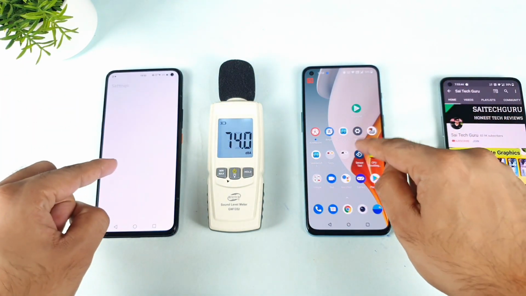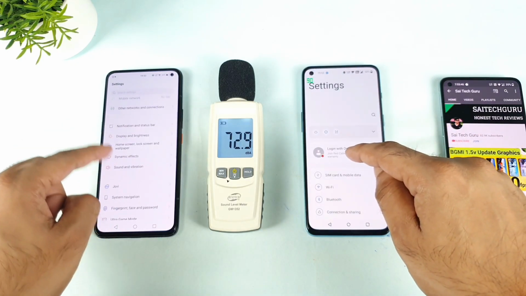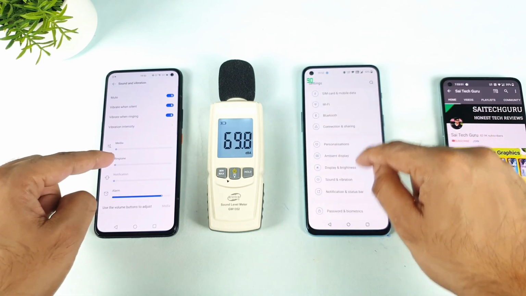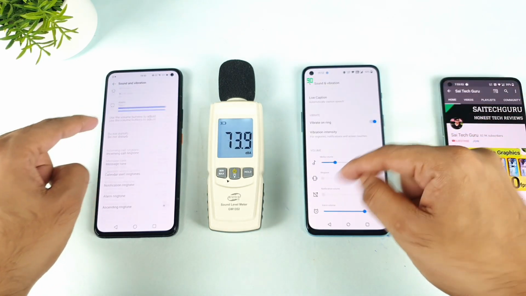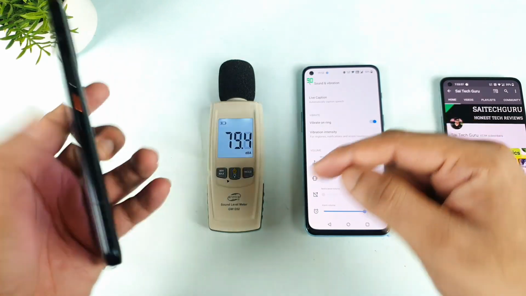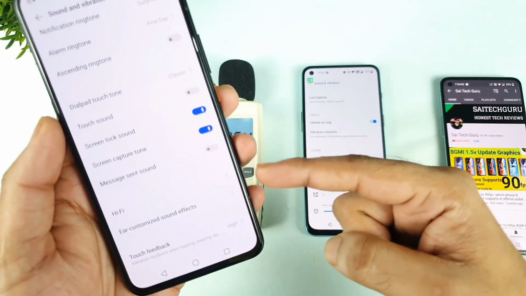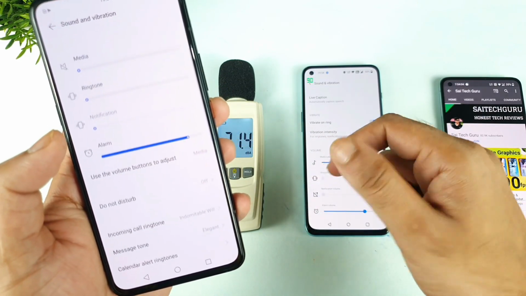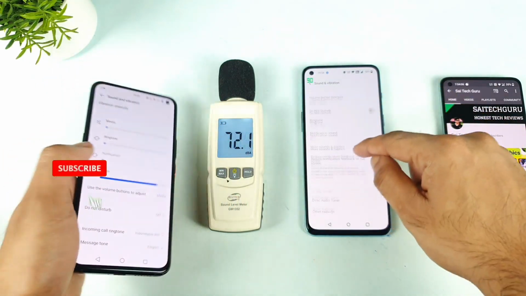First, let's explore what settings options we have in Sound and Vibration. Let's go to the sound profile. Is there any kind of adjustment for the sound effects in both phones or not? That's what I'm going to see. There's the Hi-Fi audio system, which only works when you're using earphones. That's the Hi-Fi audio available in this iQOO 3 device. Apart from that, you cannot find any other options here.